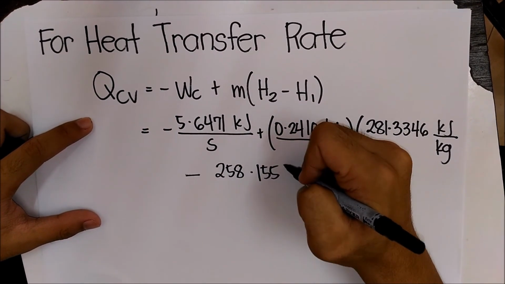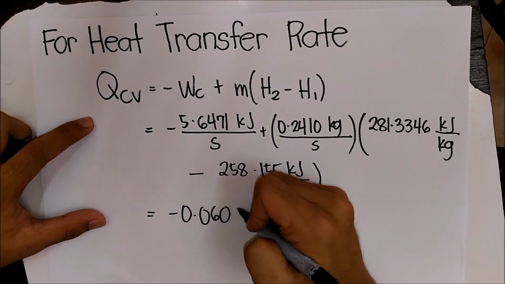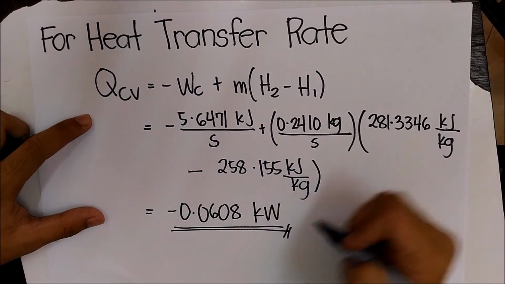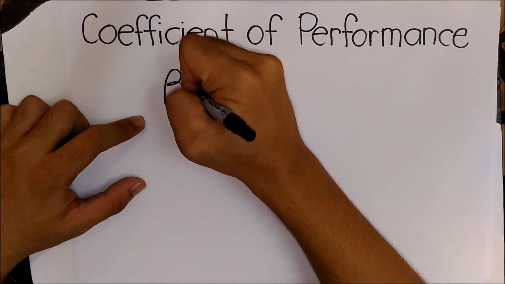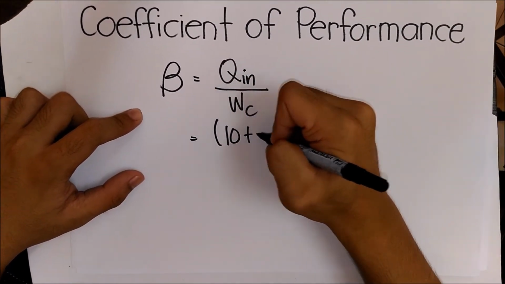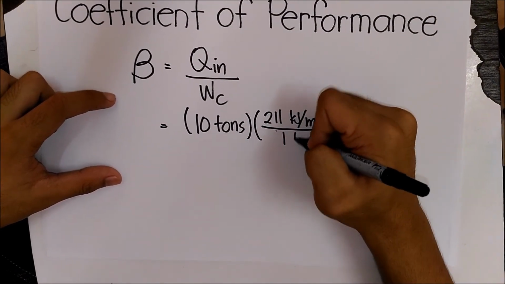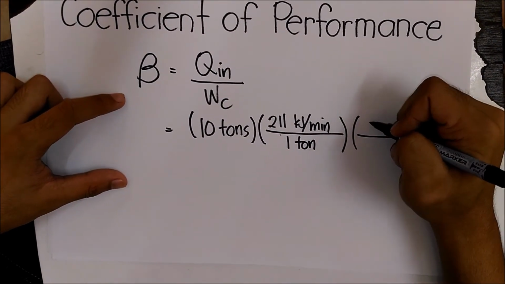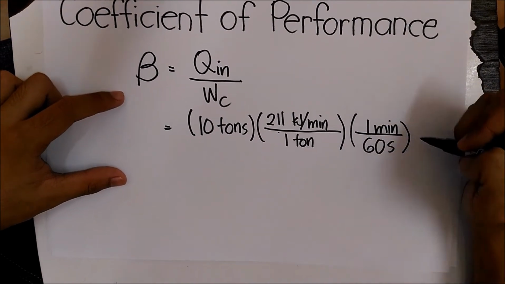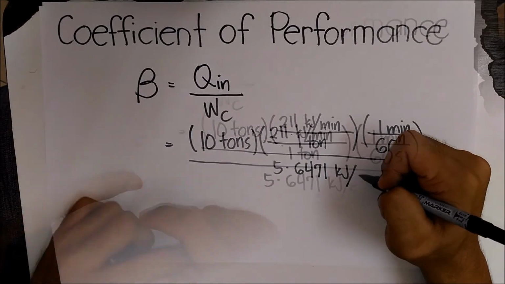Substituting the values, we get negative 0.0608 kilowatts. Lastly, the coefficient of performance is equal to the refrigeration capacity over the compressor power input. Substituting the values and converting them, we get